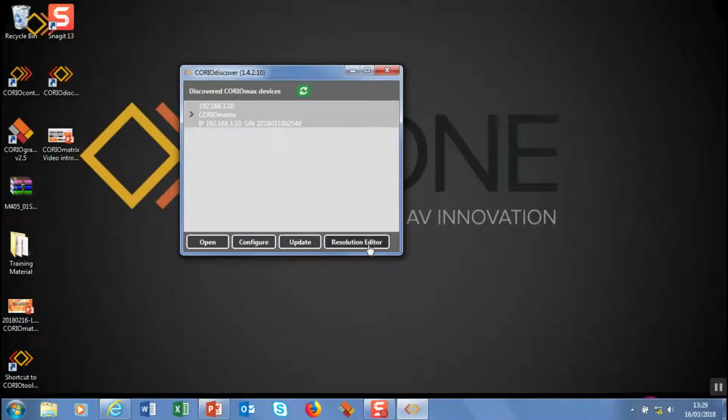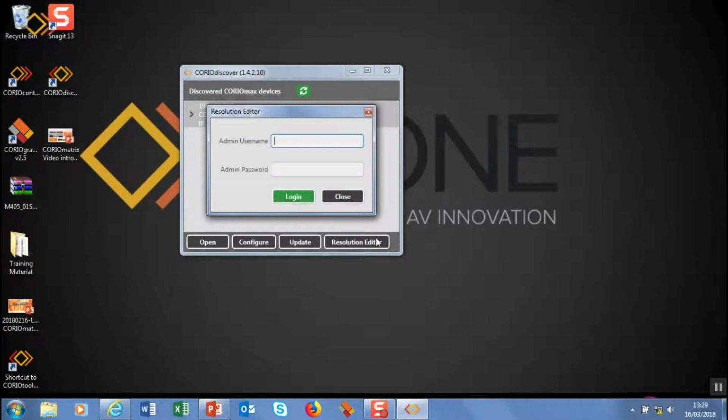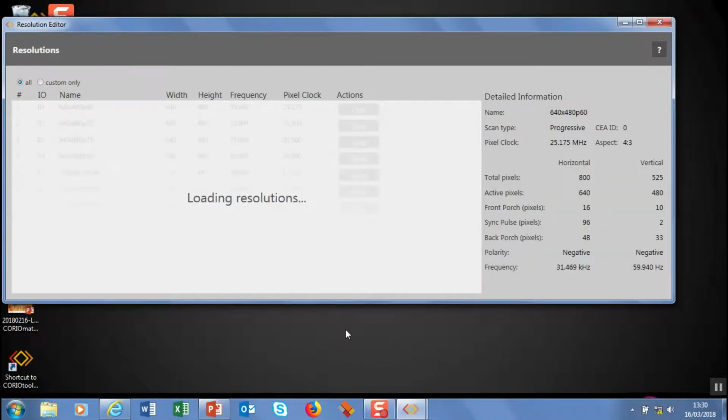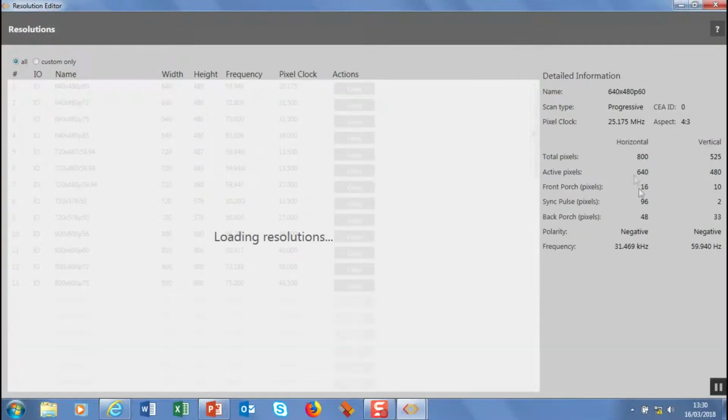The other thing I have is a resolution editor, same password again, admin PW. And obviously I'd recommend changing that password when you set your system up. So I'm going to log in, and you'll see what it does right away is it loads my resolutions for me. So it's reading those from the system,